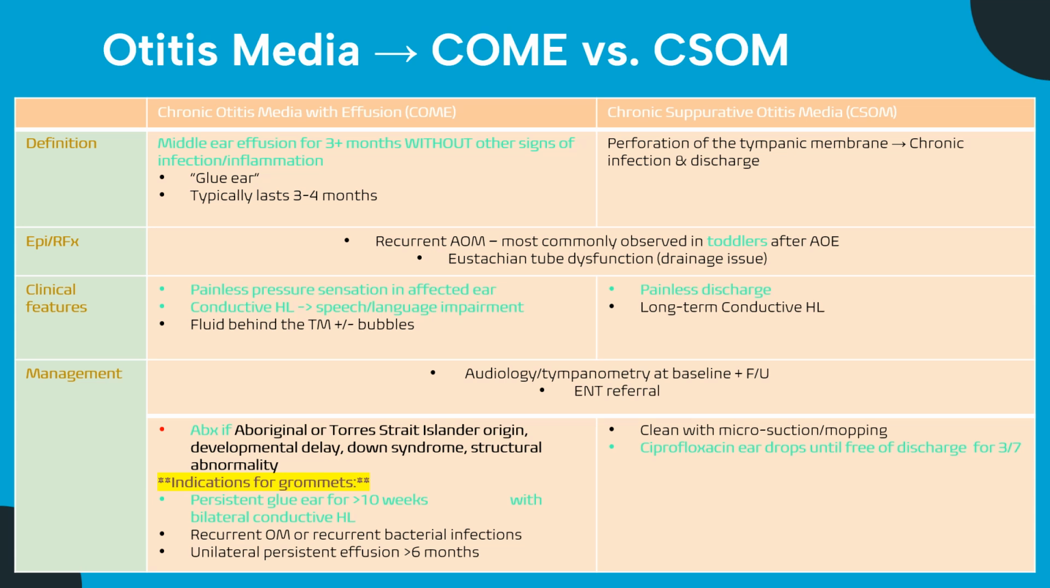If they're having recurrent otitis media or recurrent bacterial infections, so it's affecting them quite a lot, then grommets can help them to stop having that kind of chronic insult and chronic complication. And if the effusion has lasted for a prolonged period, greater than 6 months, and just won't go away, then grommets are also indicated. So with CSOM, that's when you're having